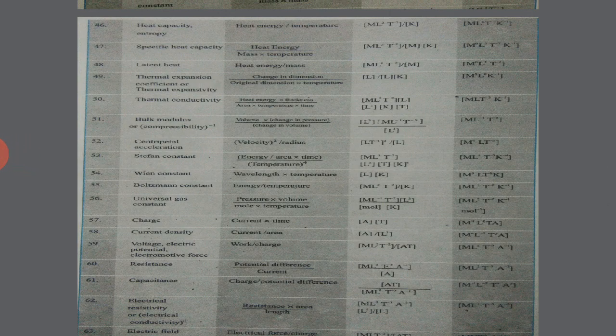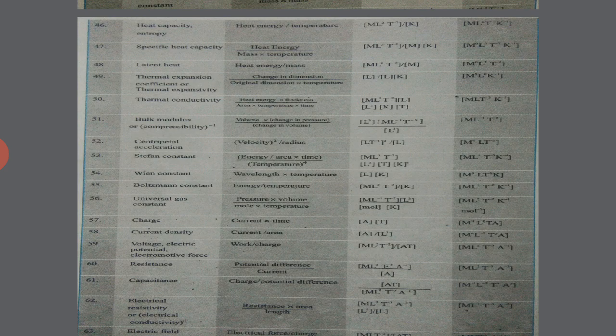Heat capacity or entropy, heat energy upon temperature. So now one new thing is introduced in this formula. K will be denoted for temperature. It will be K inverse. Okay. Till now, up to the formula from 1 to 45, we used only three parameters for doing the formula, that is M0, L0, T0, MLT we basically used. Here it got introduced one more thing, that is K inverse, and in the upcoming formulas we will also use